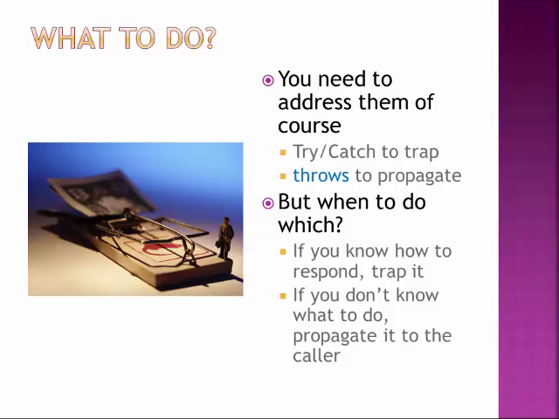In Java, anytime you call a method that throws a checked exception, and all of the IO exceptions are checked exceptions, that means you have to do something with them. You have to either put a try-catch around it and say, yes, when this exception happens, this is what I'm going to do instead. Or I do a throws, which says somebody else above me will deal with it. But the logic of when do you use which is really tough. If you catch something you don't know how to handle, you could cause a big problem.